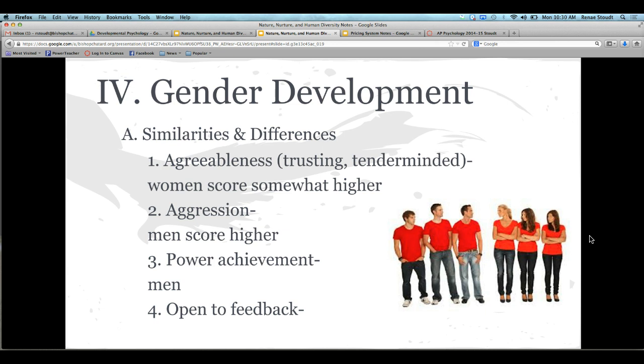Who do you suppose is open to feedback? Women. Women are much more open to feedback. Although I would also say that women are also more self-critical than men. You may find women being harder on themselves, where if they get a particular feedback, they will almost take it to the extreme, like, oh my gosh, I never do this right. Whereas men are going to shut down the feedback more often, thinking along the lines of, I don't do that, what are you